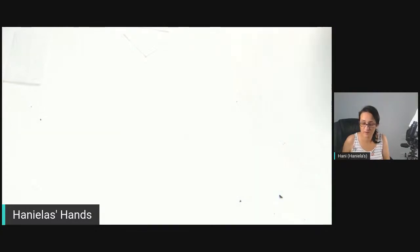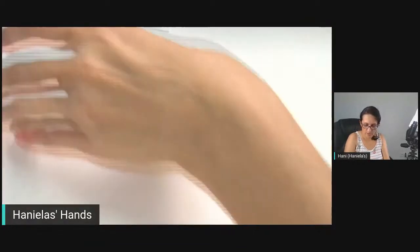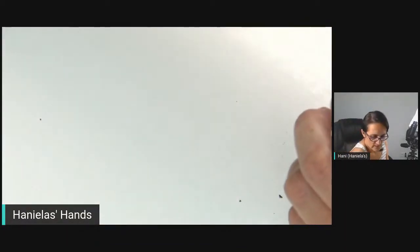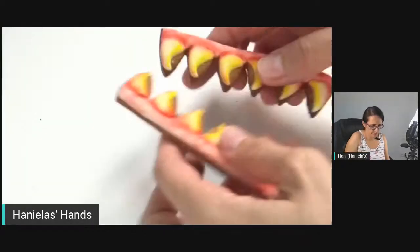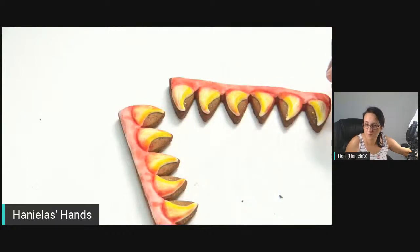yes, I do like the red and black combination. It's quite nice. So what I mean by teeth is these guys. So I realized